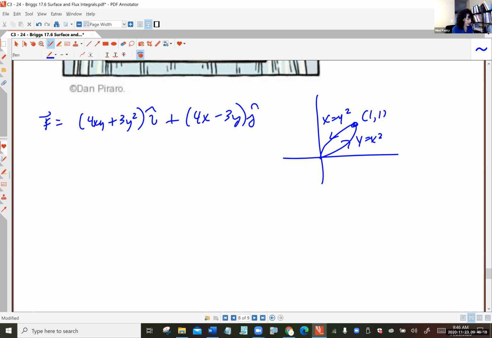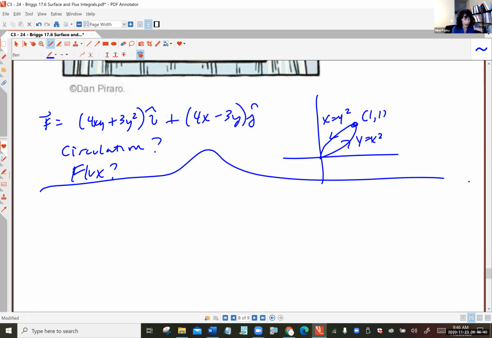Okay, so they want you to get the counterclockwise circulation, and they want the outward flux. So these are 2 things that they were asking you to get. And in the problem, it said use both versions of Green's theorem. And so that was what you were supposed to do. But a lot of people choked on this, or at least the numbers. I haven't looked at your handwritten work yet, and definitely I give partial credit. So even though MyMathLab may have given you 0 points because your answer was wrong,